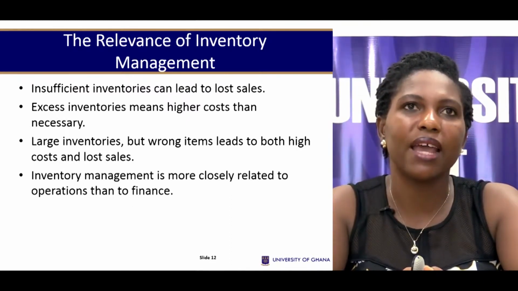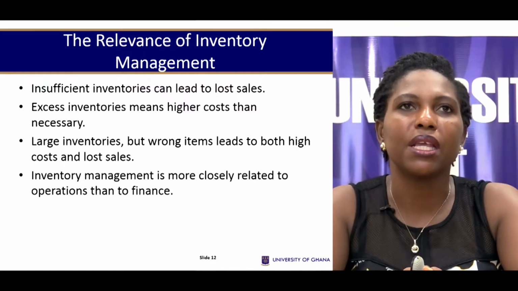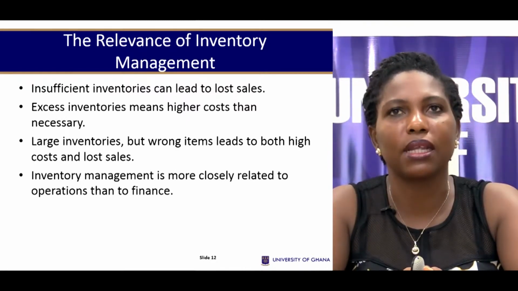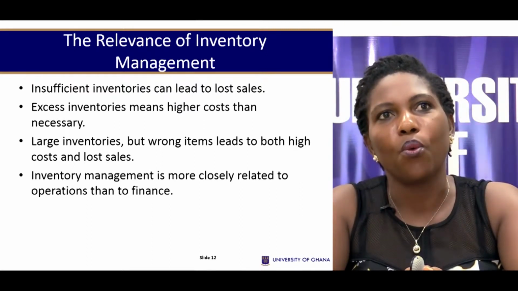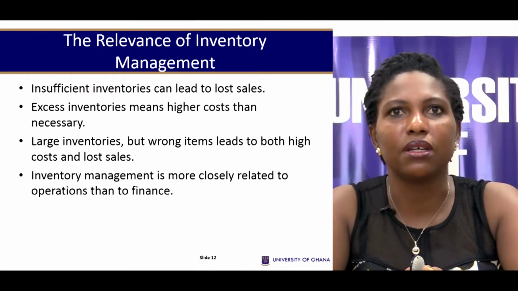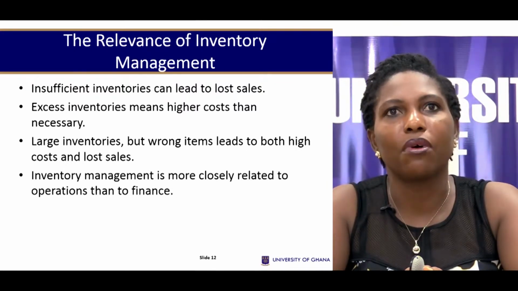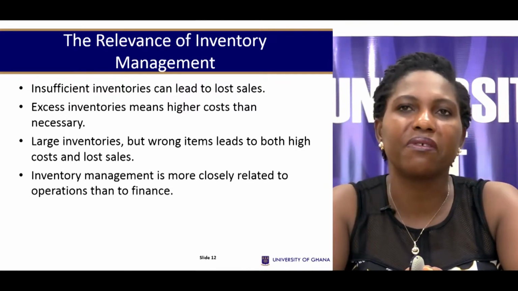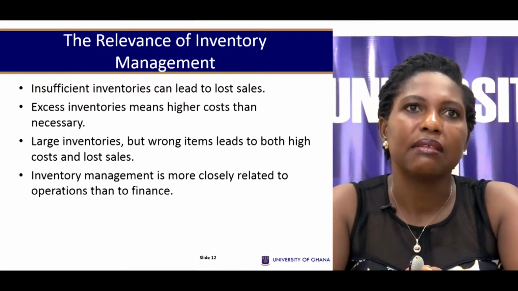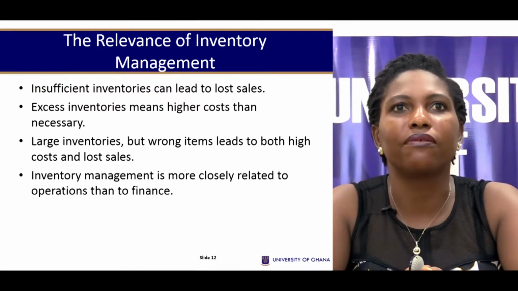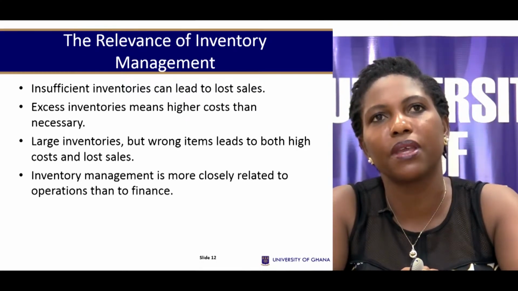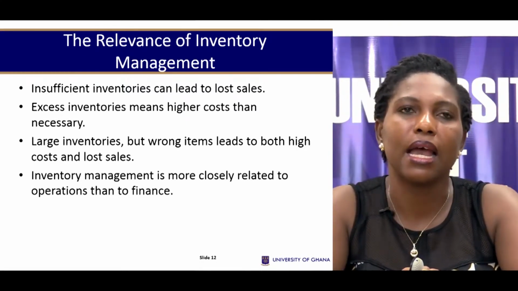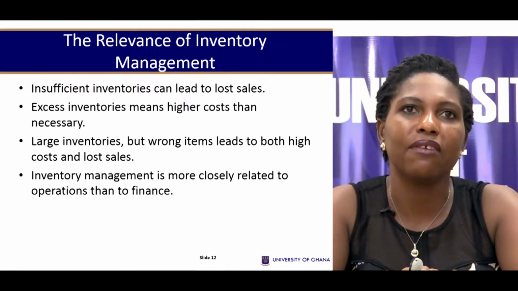However, when you have excess inventory, it means that you would incur higher costs than necessary, both to store them and to insure. Now, when you do have large inventory, but typically made up of wrong items because it's not reflecting the demand you face, there's a high possibility of going out of business because you lose out on sales and a number of the things have to be reduced to clear, and so that results in high financing cost